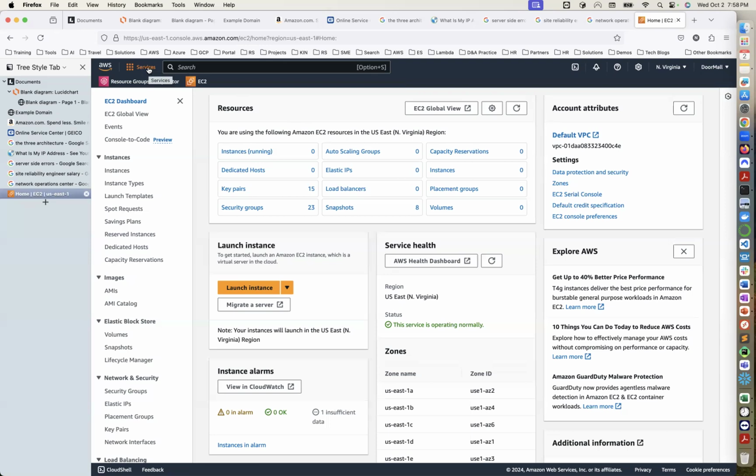It's called a service because you pay as you go. It's not a product. You don't have it physically. So within the EC2 service, you have the following resources: instances, auto-scaling groups, volumes, snapshots, security groups, all these things. But we're only going to focus on two: